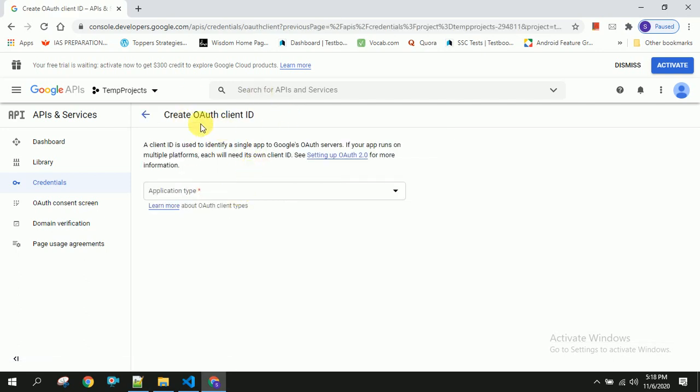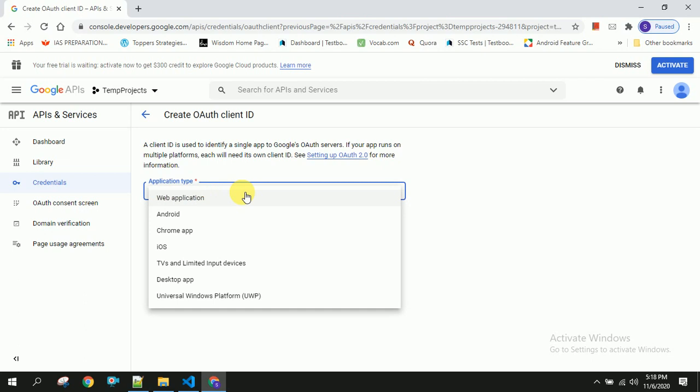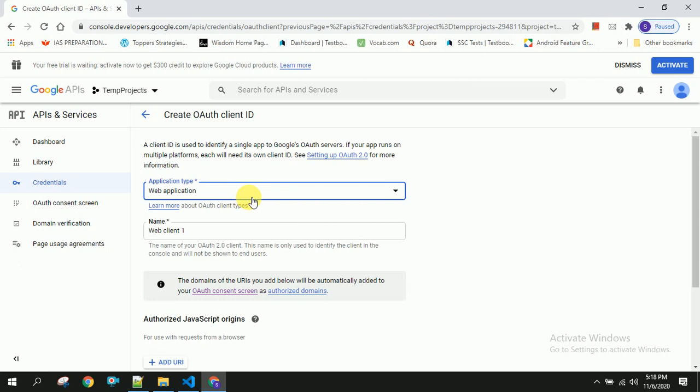Now you will be navigated to this create OAuth client ID page, but with a different UI. So you have to select the application type. If you are using a web application then you have to select web application, and there are also Android, Chrome, iOS, and other different types. I am selecting web application, and I am specifying my web application name as temproj,